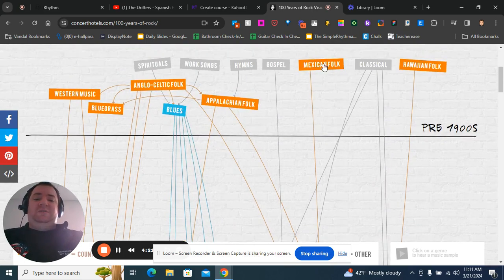Anything in orange or this yellow color, depending on how you see it, that's going to be the cultural music that blends in with blues and rhythm and blues to become more rock and roll centric. Cultural music here came from mostly families of slaves. These orange or yellow colored tabs come from people who are either European based or from another country. So like Mexican folk, Hawaiian folk, Appalachian, that's European or at least Eastern United States, Anglo-Celtic, meaning Ireland, Scotland, bluegrass, which also comes from Anglo-Celtic, and Western music.